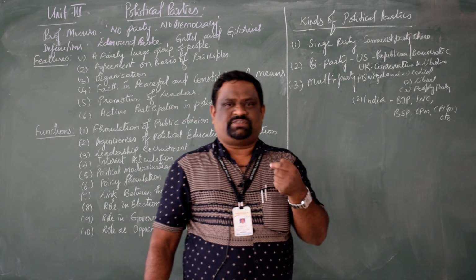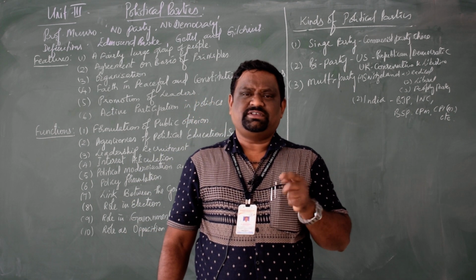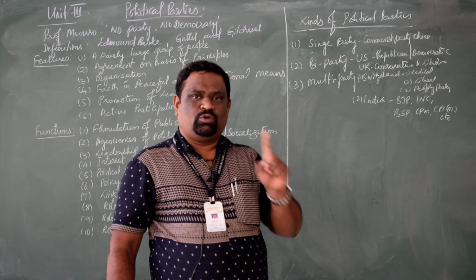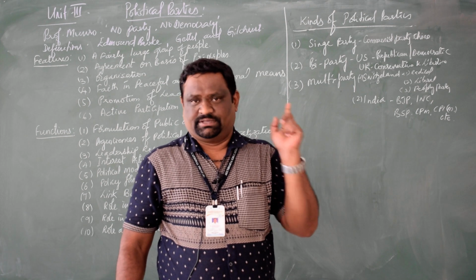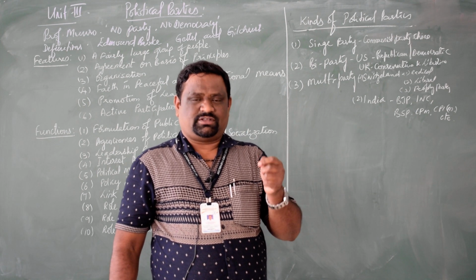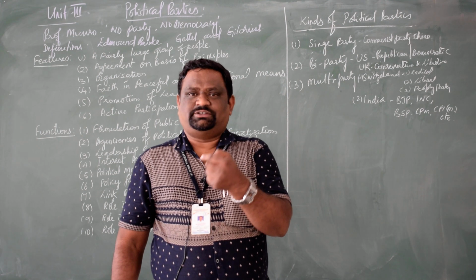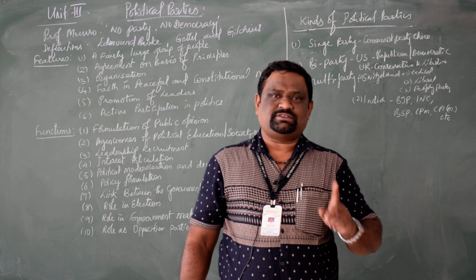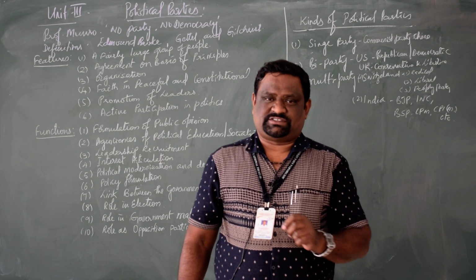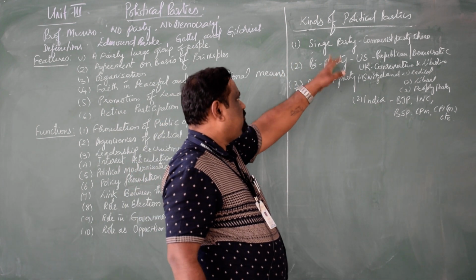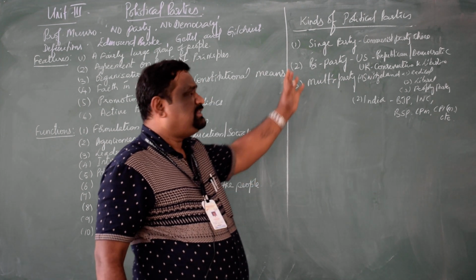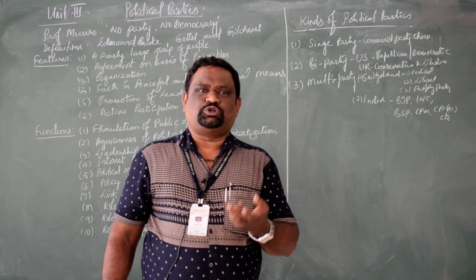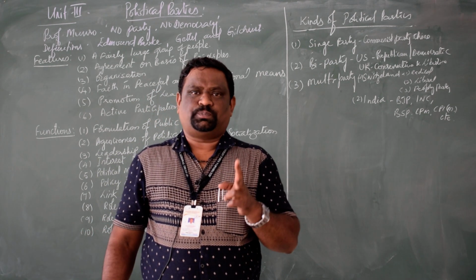See, the name itself says it: what is single party? Single party means having one political party. The best example is China, which has only one party, the Communist Party, which works towards enjoying power throughout. There is no option for any second party because they follow the single party system. Let me move on to the second type of political party, that is the bi-party system. The name itself says it again: it is two party, meaning a country which has two particular parties.